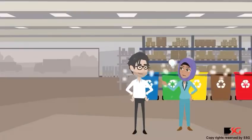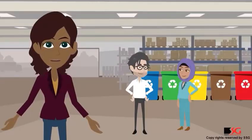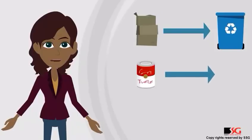OK, good idea. Let's work together to get our waste segregation sorted out. This should make it much easier for us to recycle what we can and avoid cross-contamination. Cross-contamination of waste is a significant issue which can result in waste which might otherwise be recycled being sent to landfill. For example, we should put boxes in the cardboard bin, cans in the metal bin, and banana skins in